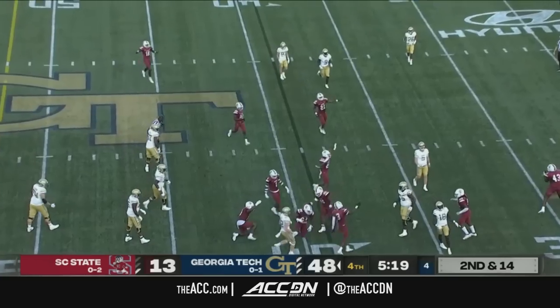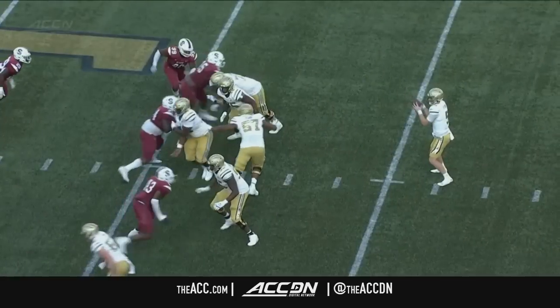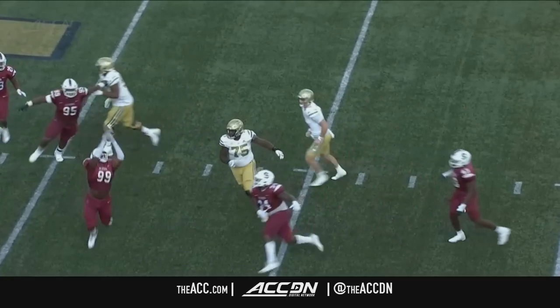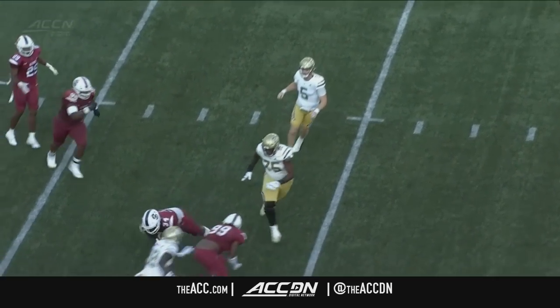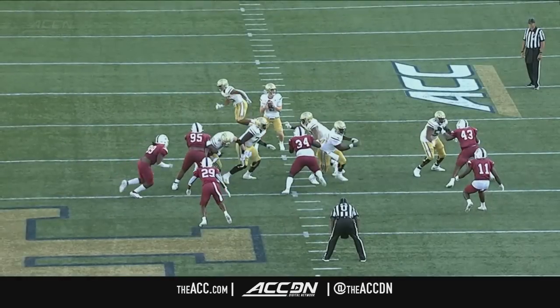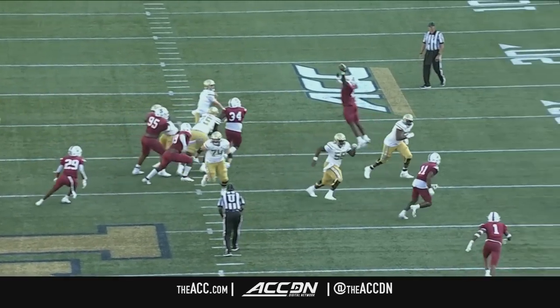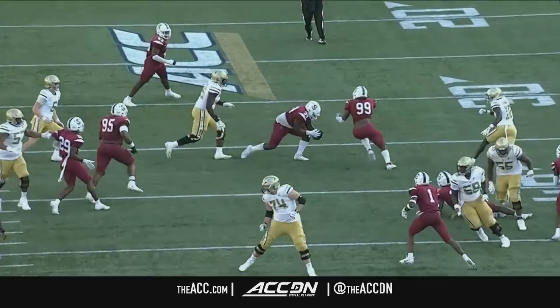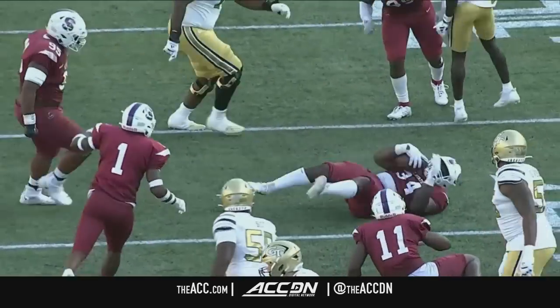Tipped and intercepted. It's a pass up. Watch number 43. He reads the quarterback's eyes, gets his hand up, and then you see Jablonski Green come across. Jablonski Green off of the tip from Jared Kersey to make the interception. So you like the active hands to begin with. Then you see more active hands to keep the ball up in the air, and Jablonski Green with the concentration